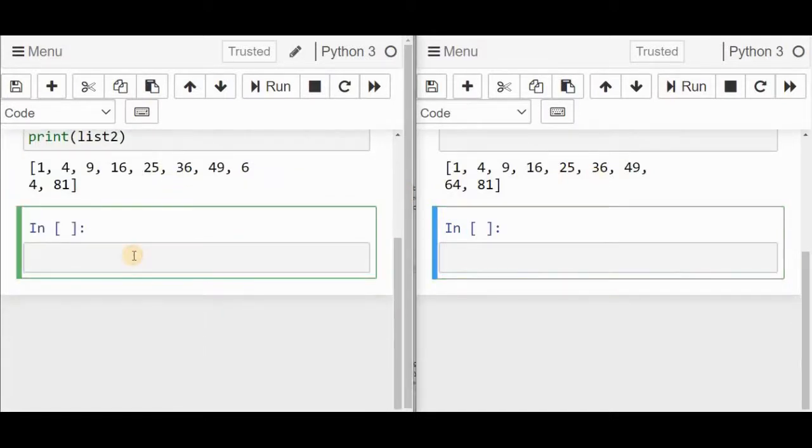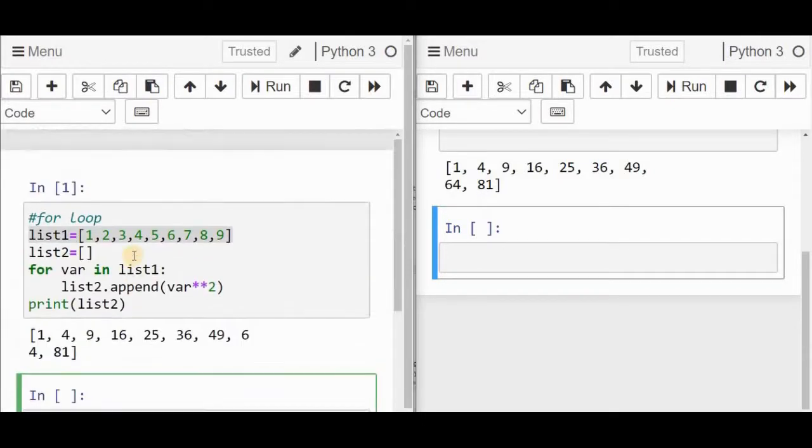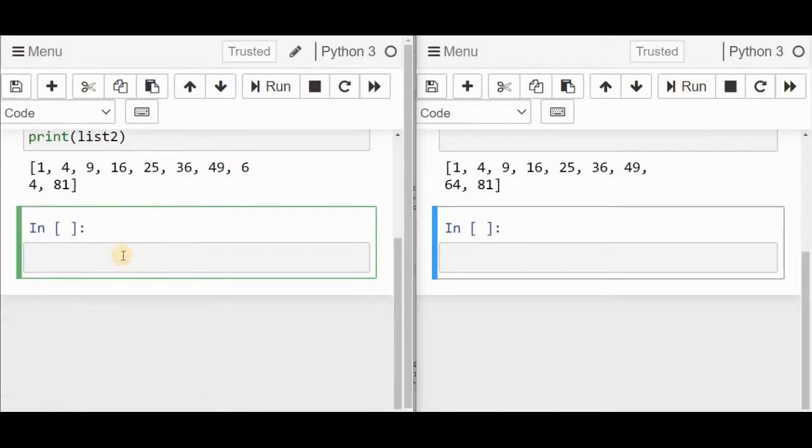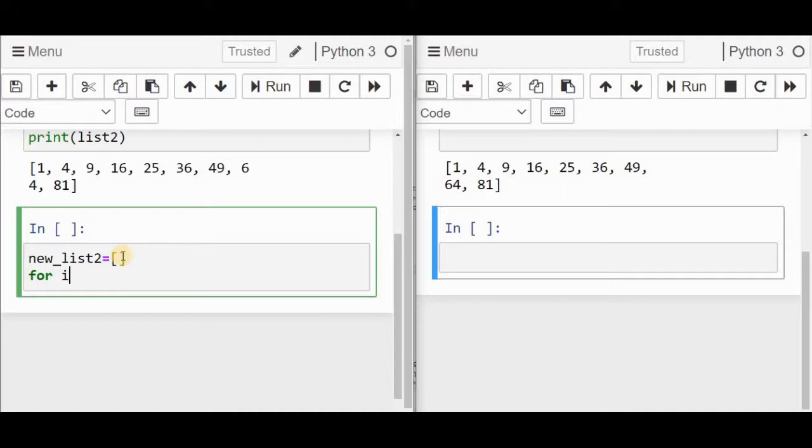Let's take another example. This time we are going to create a list, not like this, but as a whole. So I'm going to specify it with the help of a for loop first. First we have to create one empty list, new list, like this. Now I'm going to add numbers in this list. For i in range, here I'm using the range function to create a new list, 1, 10. So I'm going to store the numbers from 1 to 9 in the list.